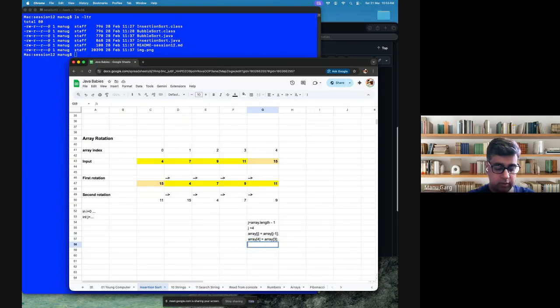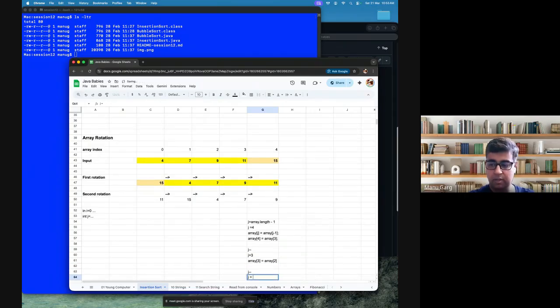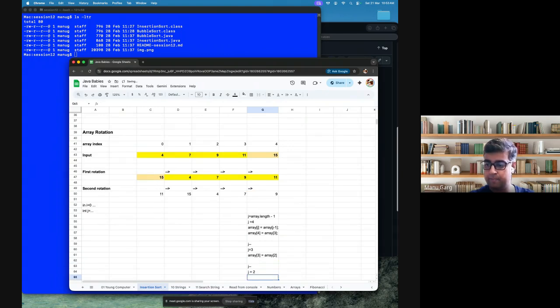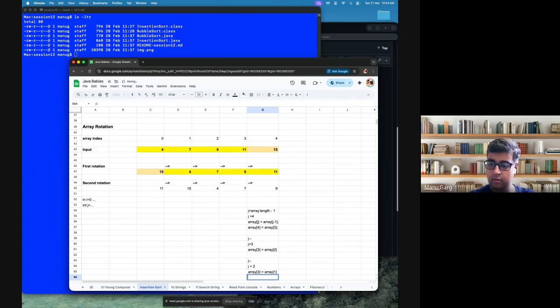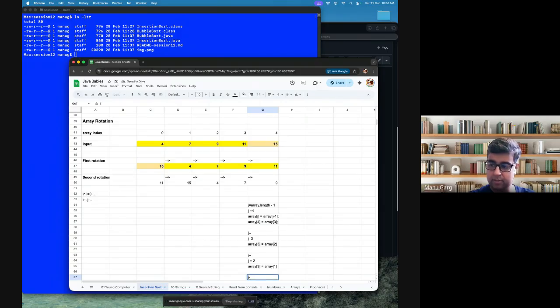For example, we do it for j equal to 3. So we reduce j, we do j minus minus, and j becomes 3. Then we say array of 3 equal to array of 2. Then we again do j minus minus so that j becomes 2, and we write array of 2 equal to array of 1. We'll keep on doing this j minus minus as long as j is